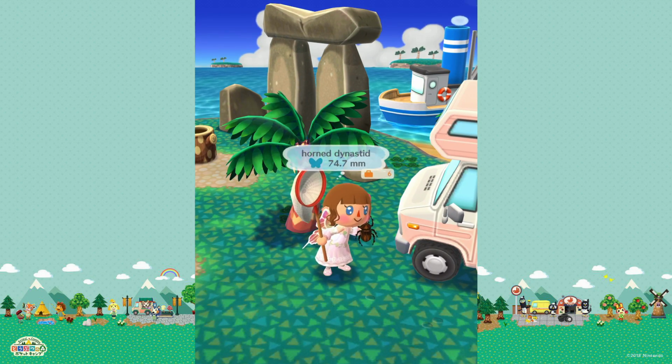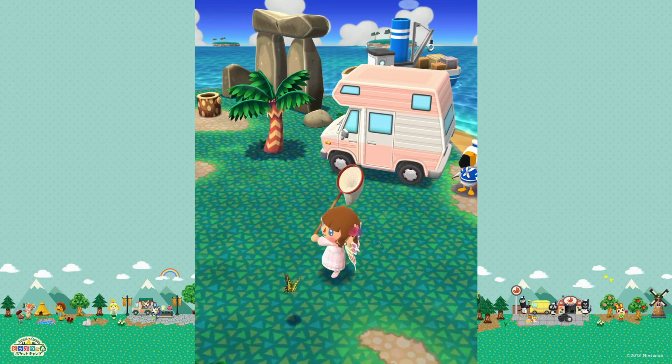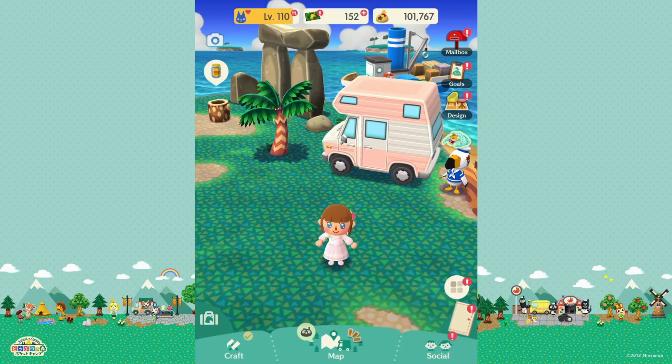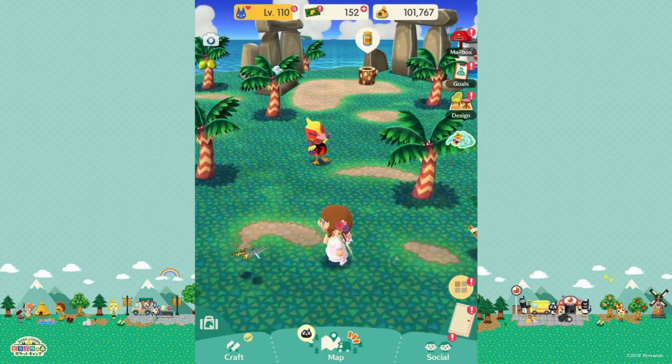Are we going to have to earn this new in-game currency through some form of offline gameplay within the app? Should we spend all of our leaf tickets now and start saving up bells instead? Personally, that's something that I've actually started to do in my own game, since if fortune cookies and terrains are going to be purchased with bells in the new version, I imagine they're going to cost a lot of bells,